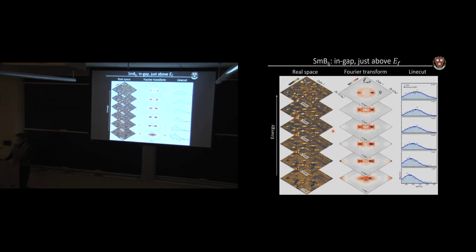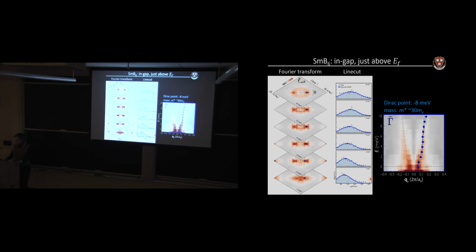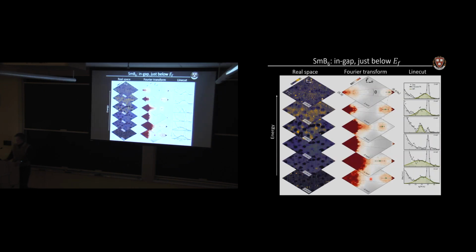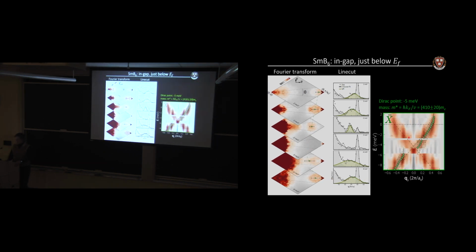So we use STM. We look at the energies within the Fermi level. So where are my energies here? Oh, here they are. This is from 8 millielectron volts down to 1 millielectron volts. This is a very small energy scale and above the Fermi level. And we can see some dispersing peaks that look like the top of a Dirac cone. And now I'm going to go to energies that are just below the Fermi level, from 0, -2, down to -8 millielectron volts. And I can see that there's a peak that's dispersing in and dispersing out again. And if I plot that versus energy, I get a full Dirac cone sitting inside the band gap of the material.